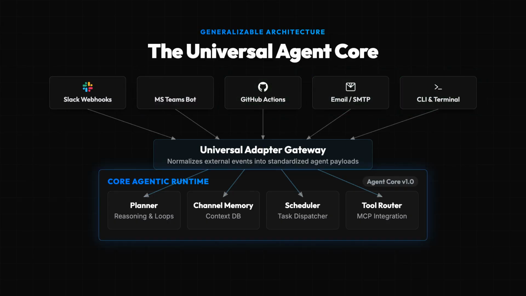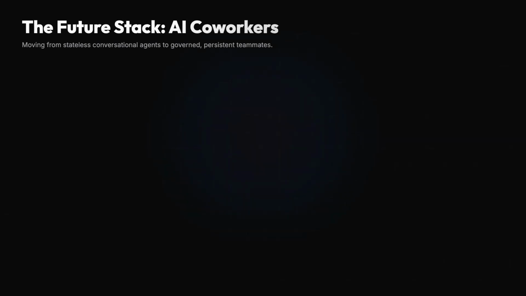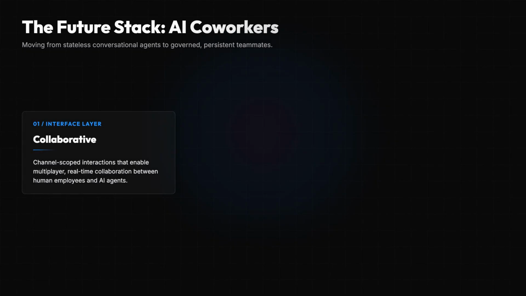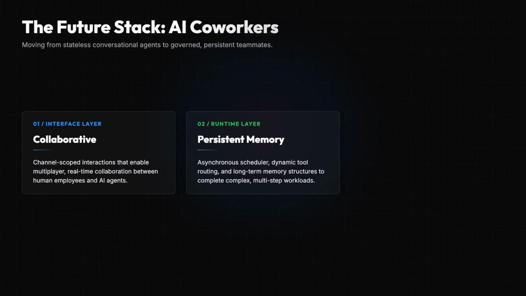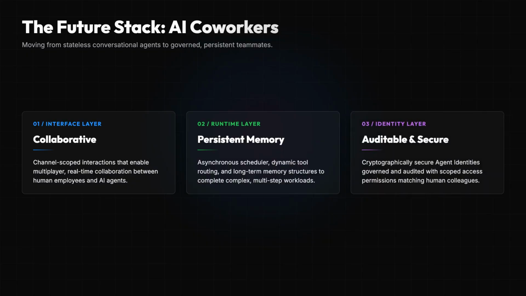This model points to a future where organizations deploy a single, unified agent core that coordinates tasks across all corporate communication systems. To summarize, the launch of Claude Tag represents a major milestone in how businesses deploy artificial intelligence. First, we are moving away from stateless single-player chats to persistent, multiplayer coworker runtimes. Second, the architecture separates the model from the runtime services, providing the persistent memory, scheduling, and tool routing necessary for complex workloads. Third, we are establishing secure agent identities, ensuring AI agents are governed, scoped, and audited, just like human